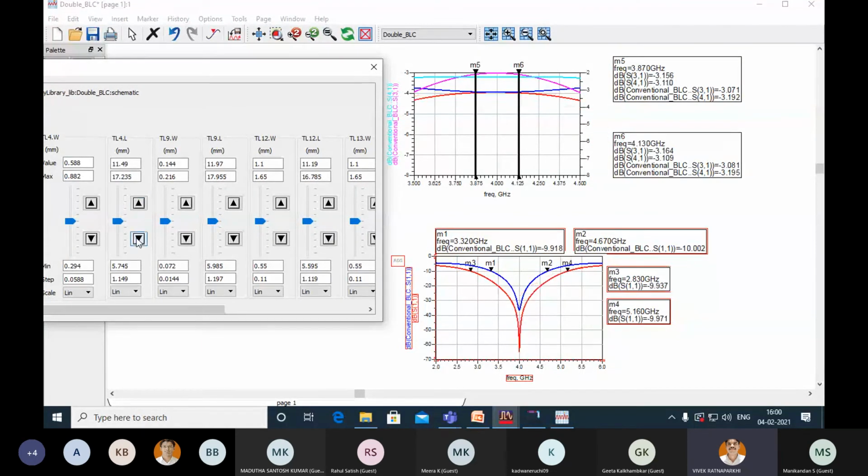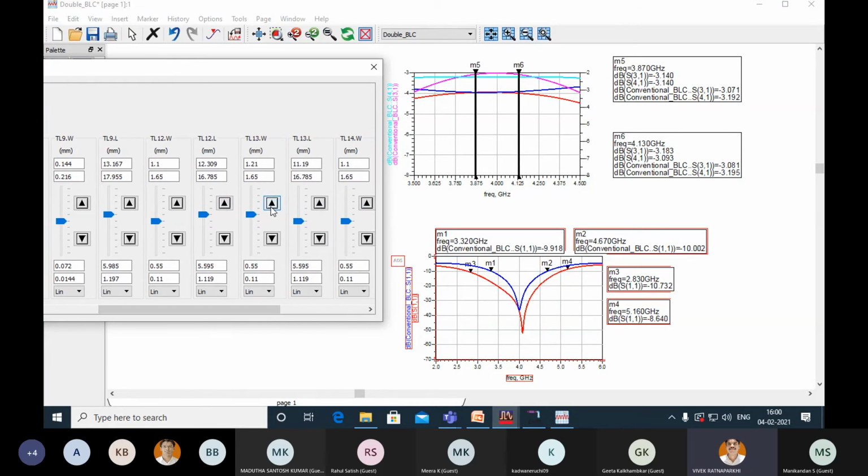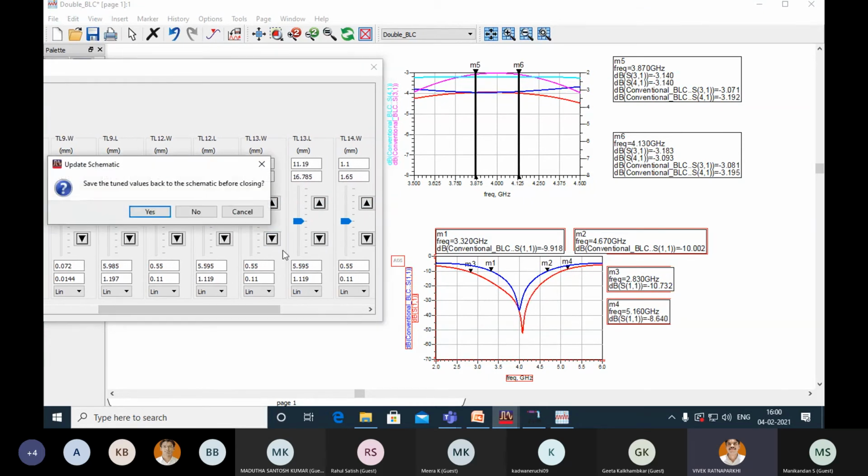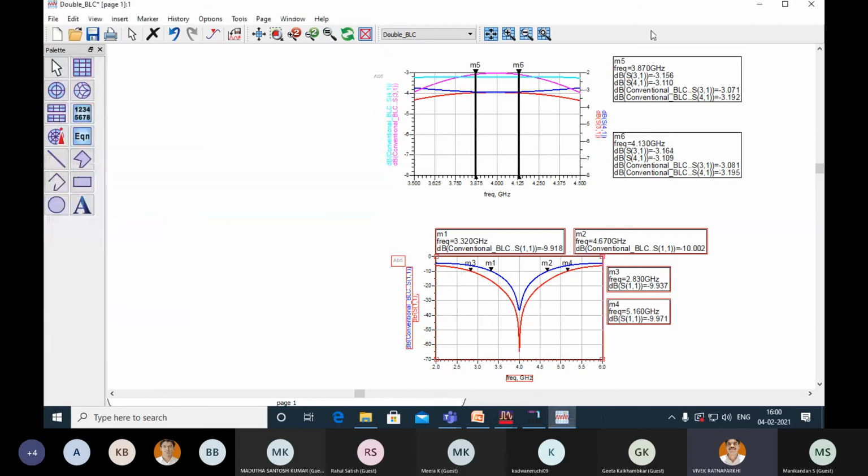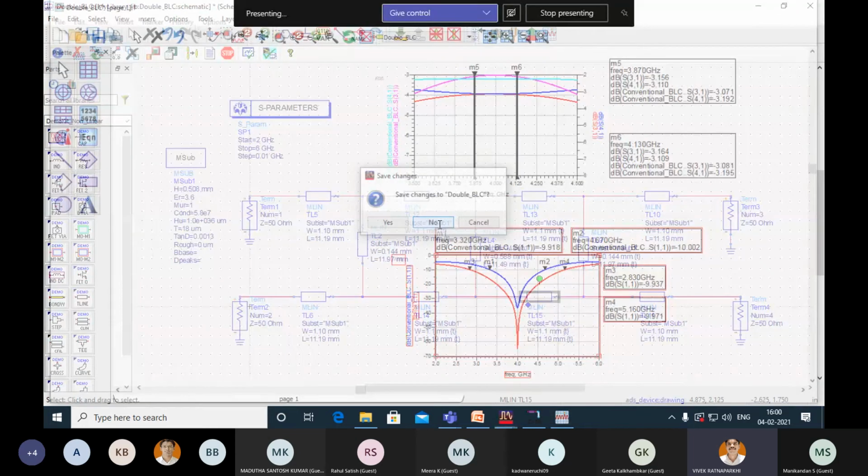You see, the moment I clicked on changing the length, the response is changing like anything. So I will change the step size. Let us have this 0.10. If I change one transmission line, you can easily see that the response shifts from lower frequency to higher frequency. You can keep changing the width also, and it will change the response of your coupler. So come up with the proper length and width. And another thing, please keep in mind, make your coupler look like a symmetrical network. Anyway, you can go for the optimization also. I will let you know about the ADS optimization later on.